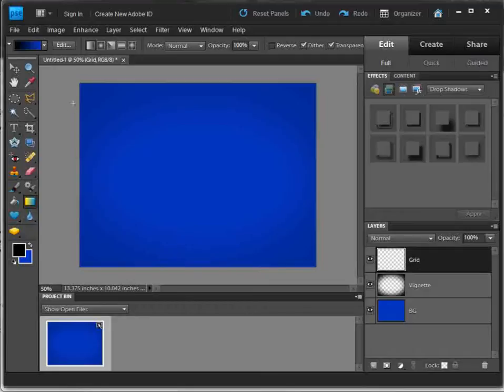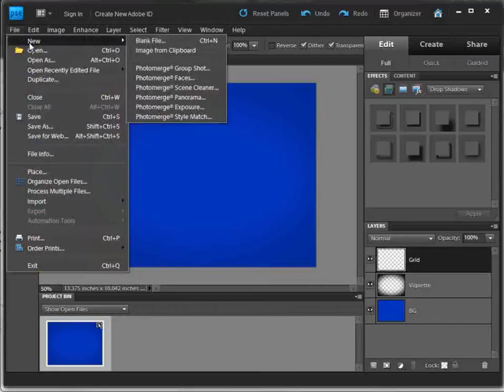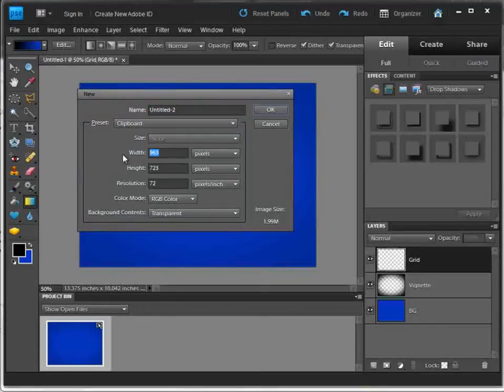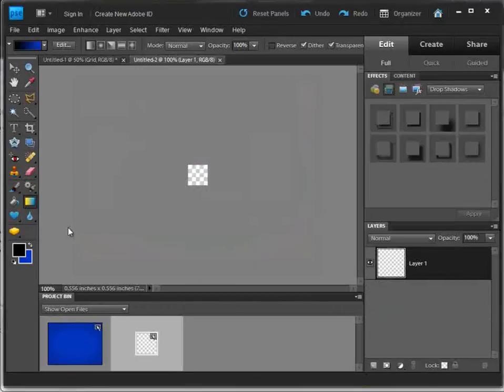Okay, to create our grid, we need to actually create a new document here. So we're going to go New, Blank File, and I'm going to resize this one to 40 by 40. I'm going to do OK. And I want to go ahead and fill this layer 1 with white. So I'm going to go ahead and click on the default colors here and bring white to the foreground. And I'm going to go ahead and grab the paint bucket tool, fill this with white, and I'm going to